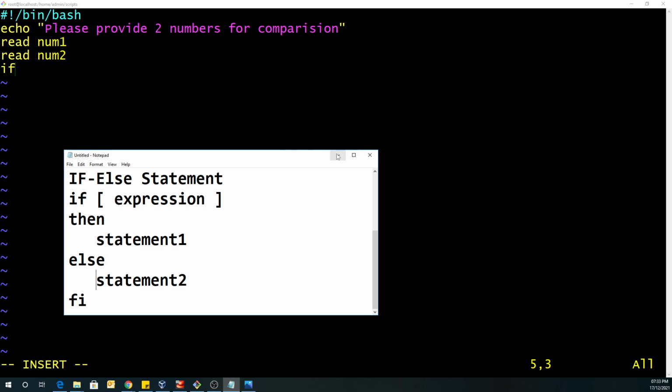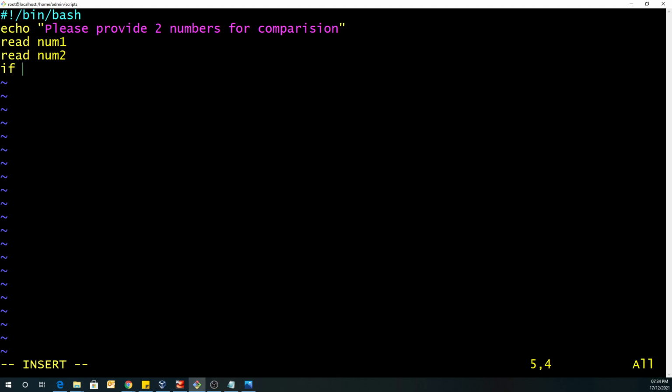Otherwise it will give you an error, as we saw in our last tutorial, where I showed that if we do not give the space in front of and at the end of the expression, it gives an error on the if line. So let's proceed. If, space, bracket, again space, then we use dollar num1 to use our input value for comparison, and dollar num2, again space.